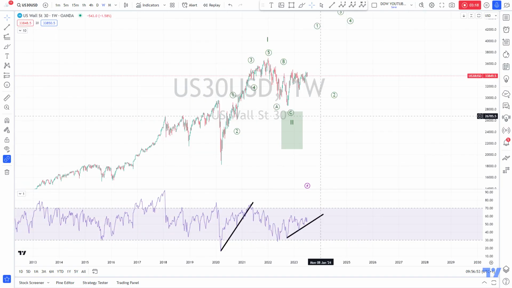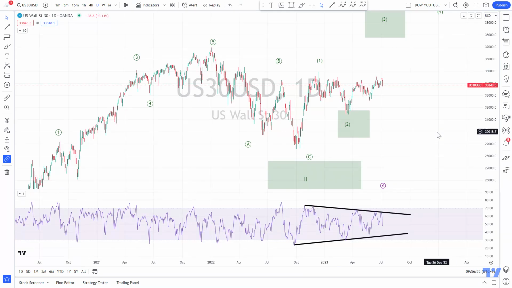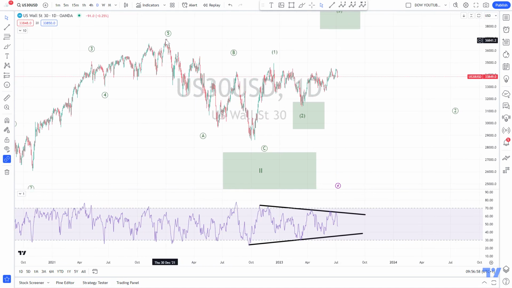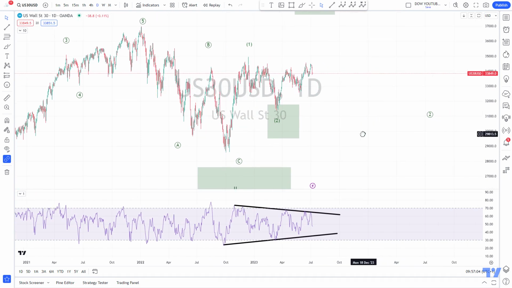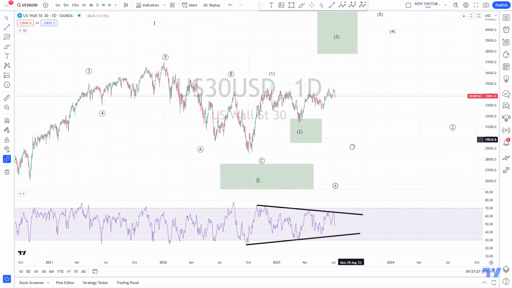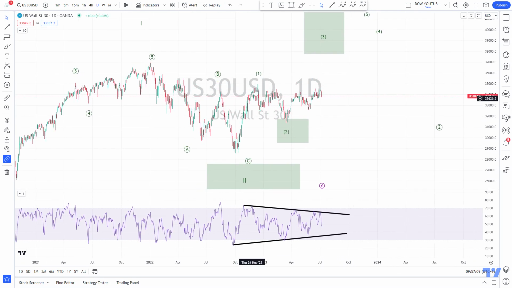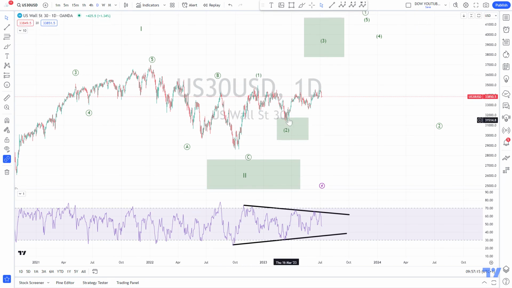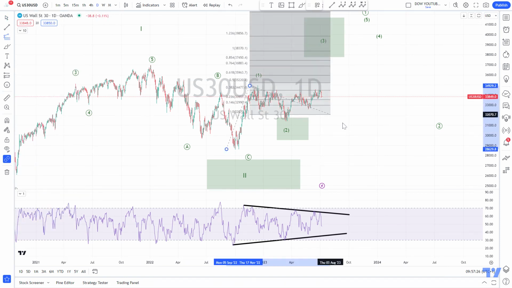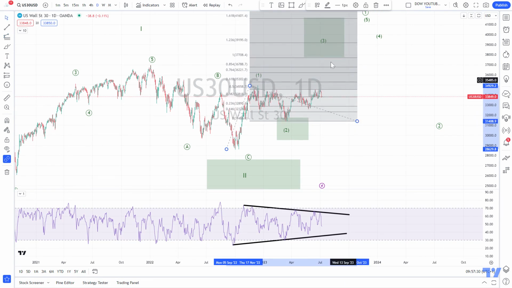Then if we have a look at the daily chart, here this was our high, this was our wave 2 low, and we are doing a nice structure here in the Dow. We had the first wave 1 up, wave 2 retracement. If this is really the wave 2 low, it would mean that we go into this area here. This becomes our target. This is again the area that we can find by taking the length of wave 1, the length of wave 2, and then we should end between the 1 and the 1.618 FIB extension.